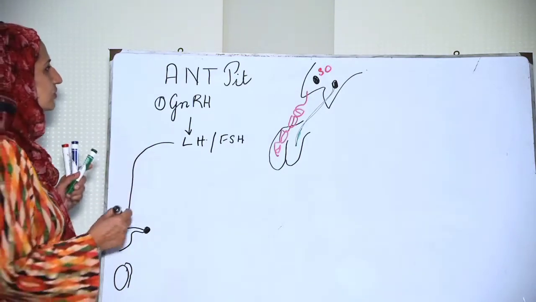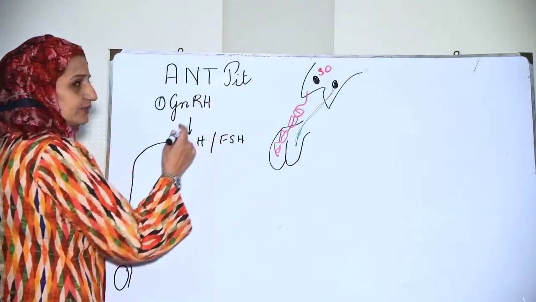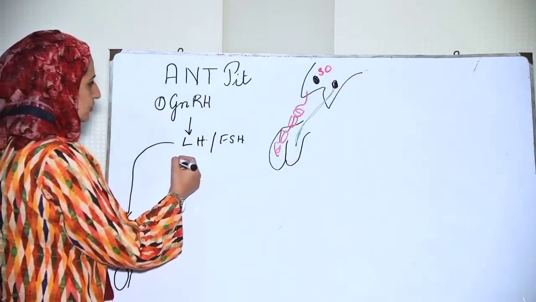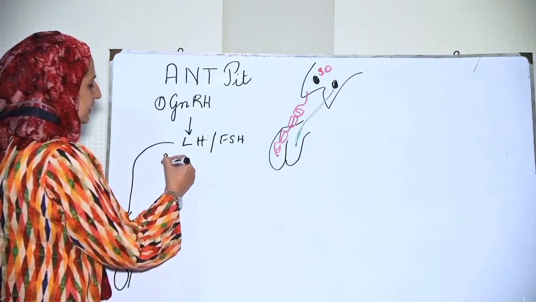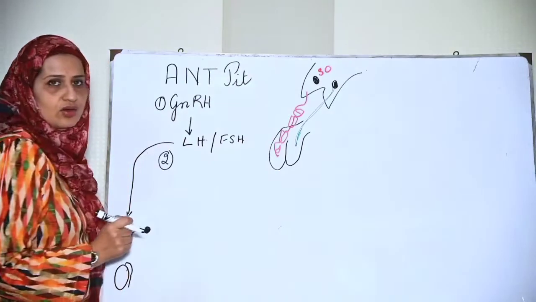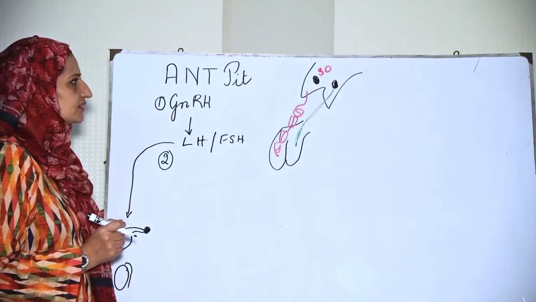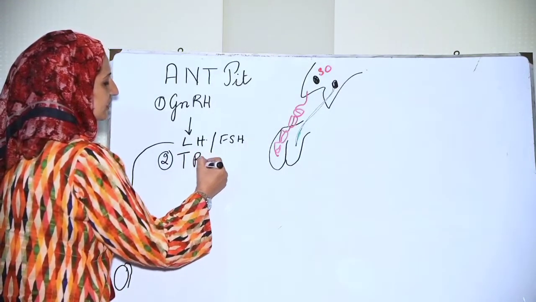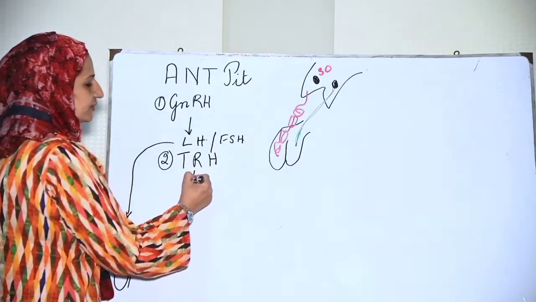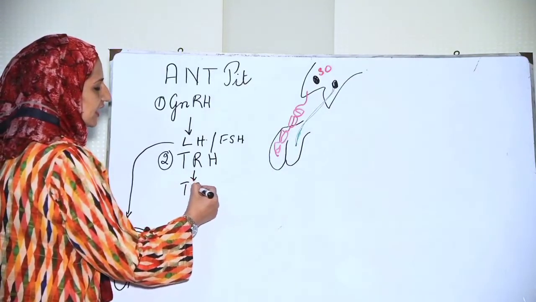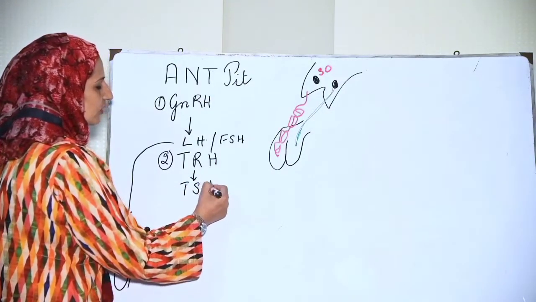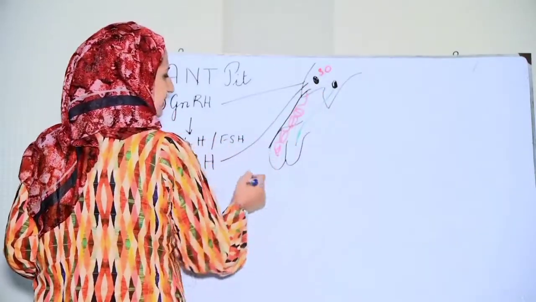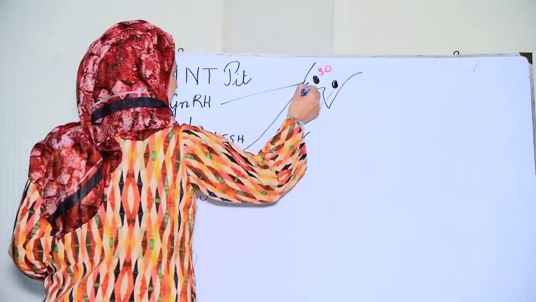The next hormone which the anterior pituitary and the hypothalamus are responsible for are the thyroid hormones. So the second hormone which is regulated by the supraoptic nucleus is the thyrotropin releasing hormone, which affects the pituitary, resulting in the thyroid secreting thyroid hormones. The third hormone liberated by the hypothalamus is the